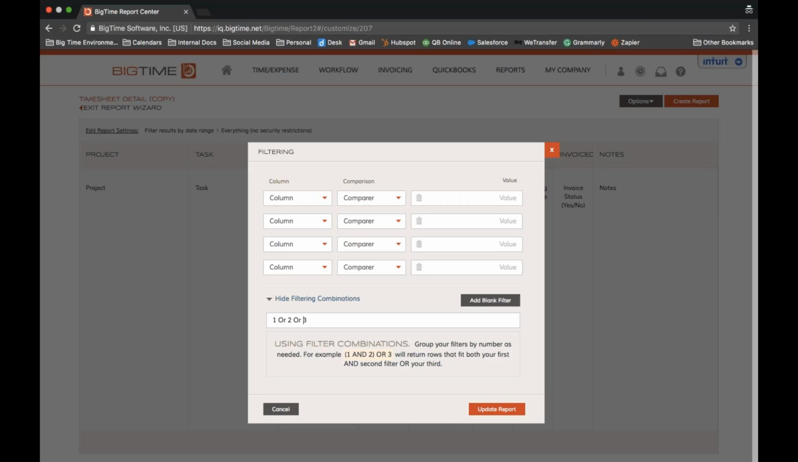Be cognizant, or be aware, of your spacing here. You can also use different formulas with parentheses. So you can say, I want information that meets 1 and 2 or 3. Any different combination of filters here will be accommodated within BigTime. Again, this is just pre-filtering the information that you would like BigTime to use as criteria to return information